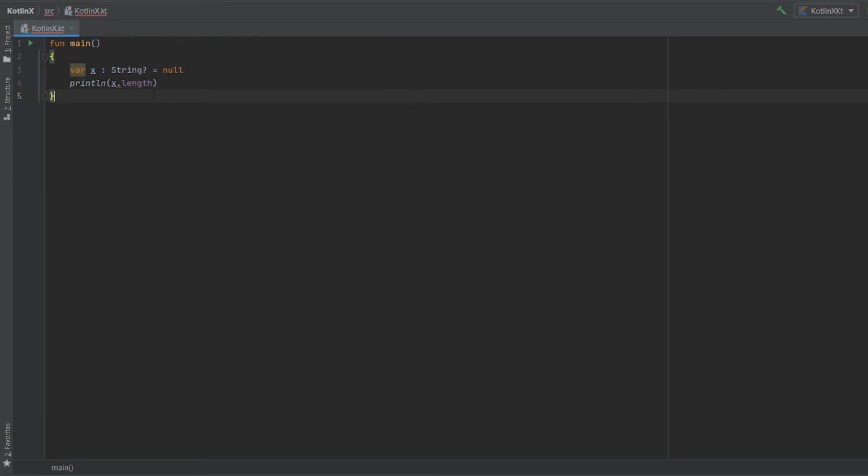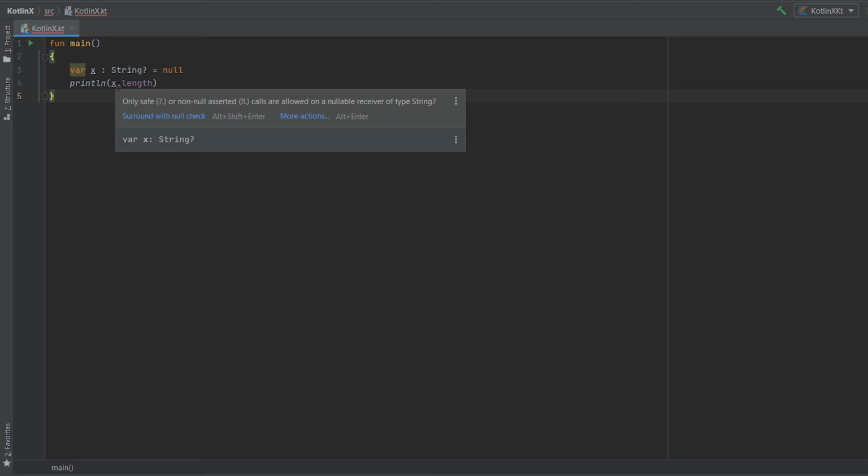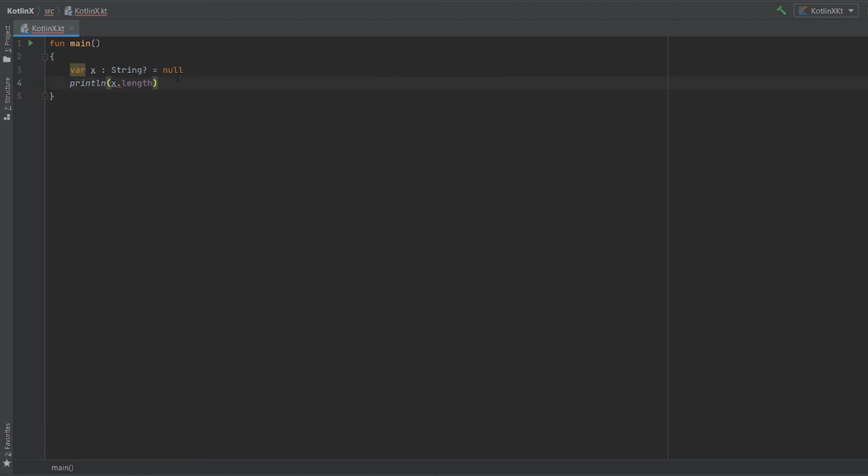Now we have a problem again. It says that only safe or non-null asserted calls are allowed on a nullable receiver of type String?. The question mark here refers to nullable. Let's try to understand what our IDE is trying to say. We have declared a variable x of type nullable string, and we are trying to get the length property of x.